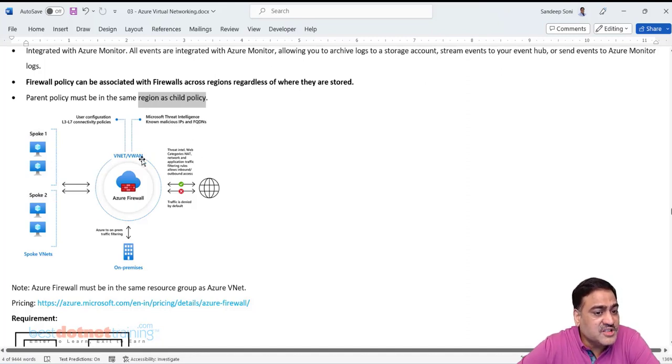All these are features of the firewall. NATing, traffic is denied by default. You have to allow whatever is supposed to be passed through. You can have a firewall configured to integrate with on-premise also.